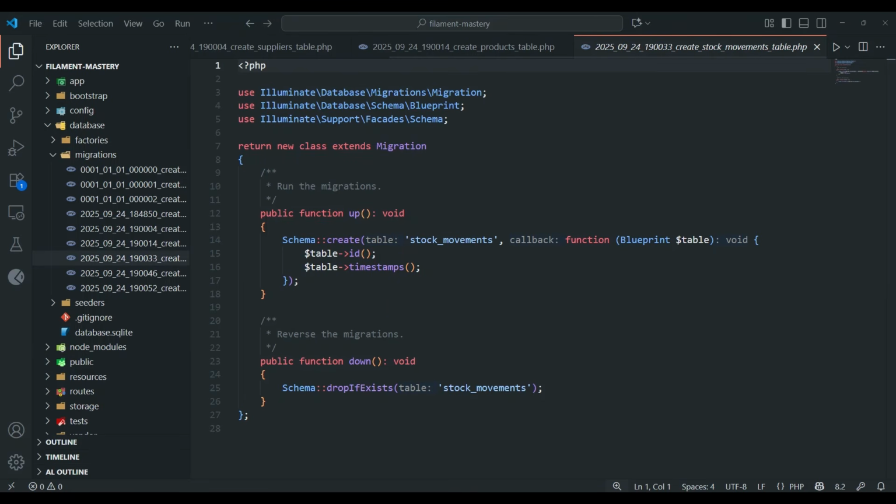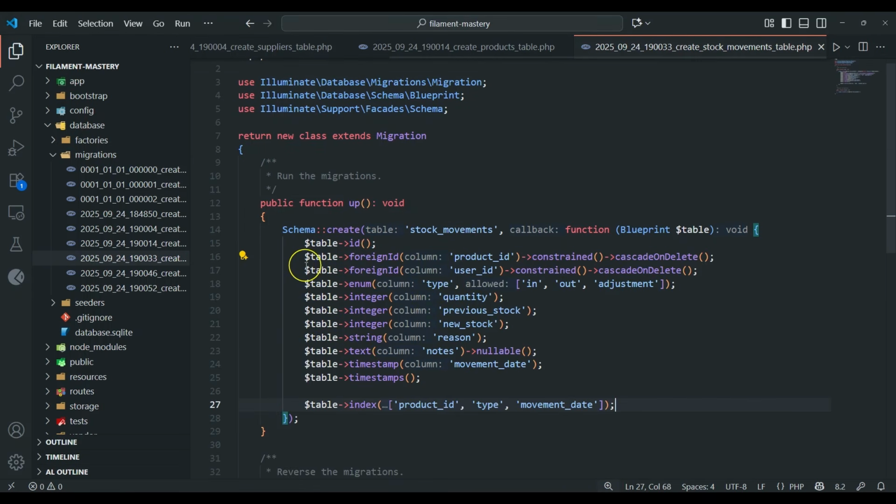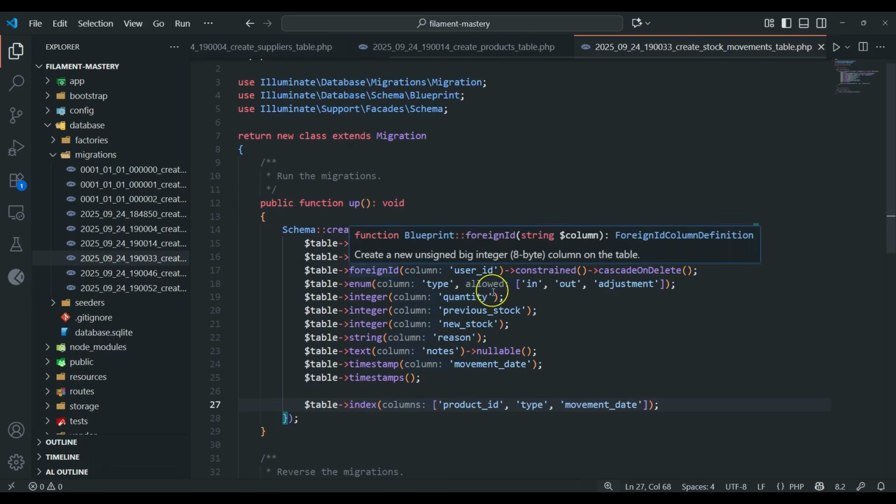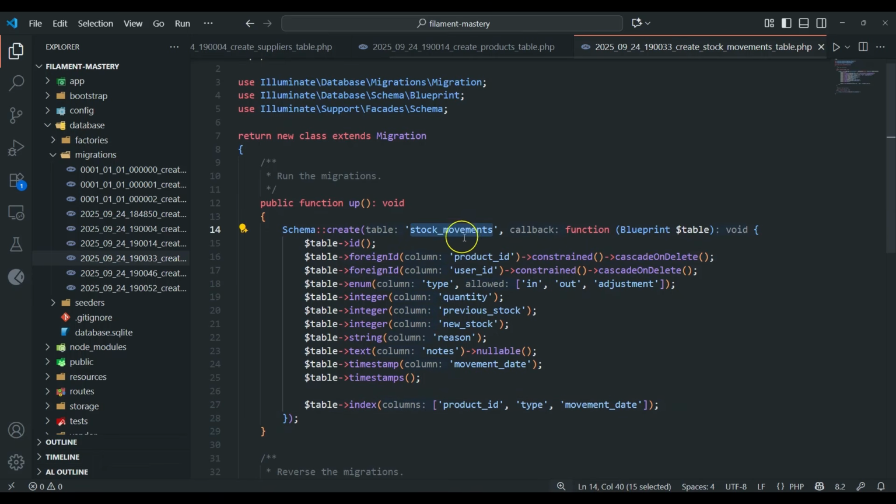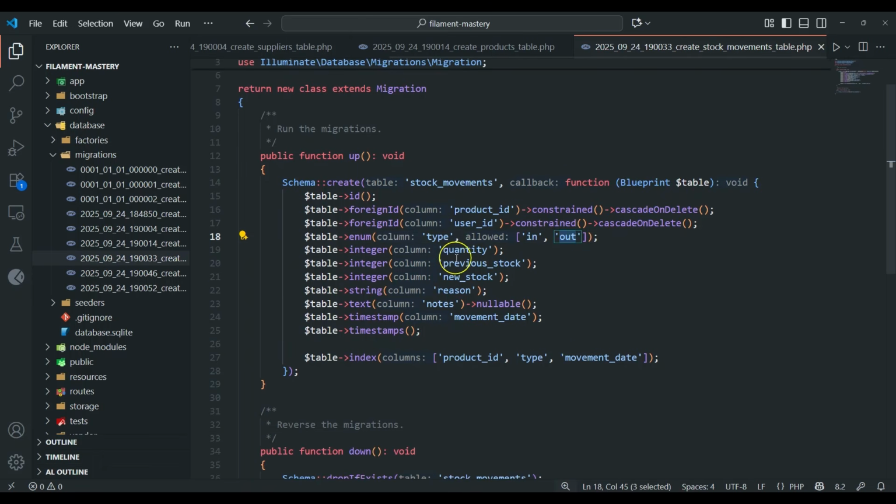So in stock movement, we are going to have the following fields. Okay, so here you can see we have the product ID, because we are going to track the movement of our product. So we are going to track which product has been moved, which user moved a certain product, the type of movement, which can be in or out, and also adjustment. But for now, for simplicity of our video, I'll just stick with this one. So we just only have the in and out,